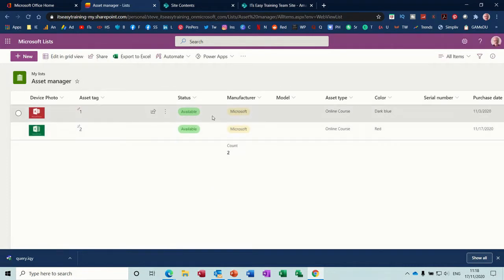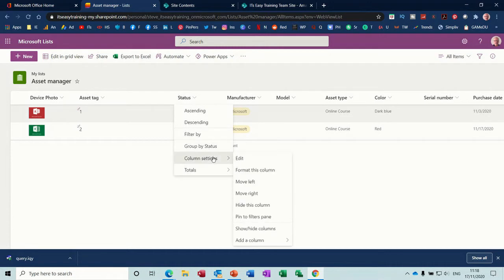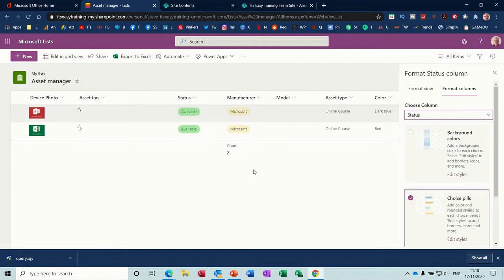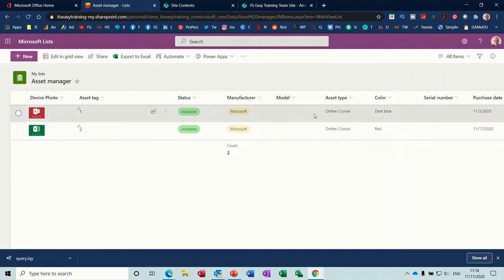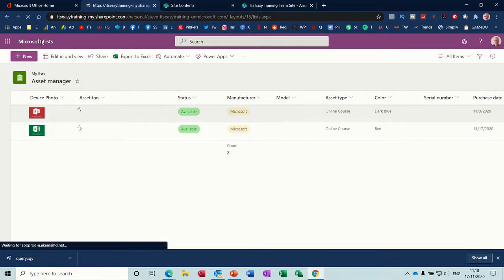So again, you've got different colored status tools. You can format all these columns and put different colors on, change the colors and things like that. Same with these, you can count them. So that's a case of totals at the bottom, count. Now if I go back to one that's got some figures in it,